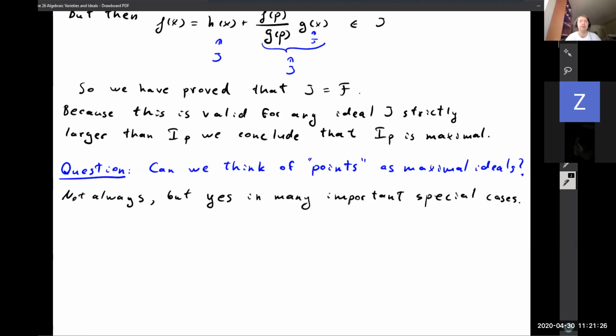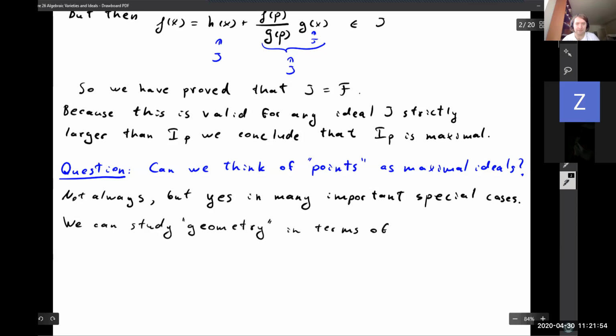So we can study geometry, put it in quotes, in terms of algebra